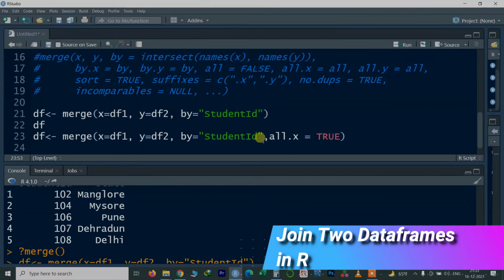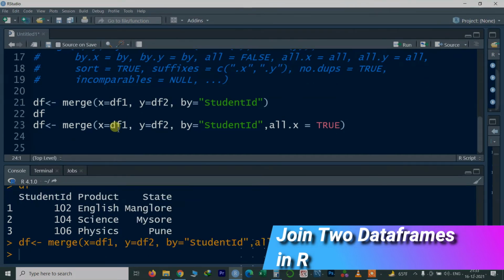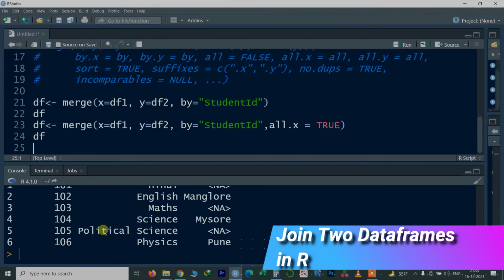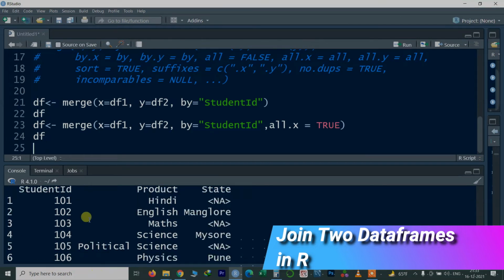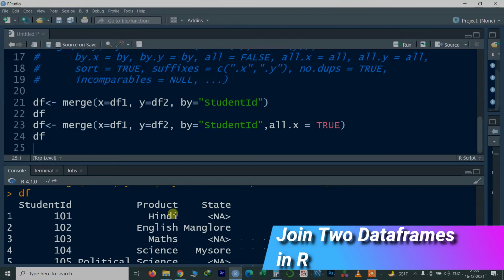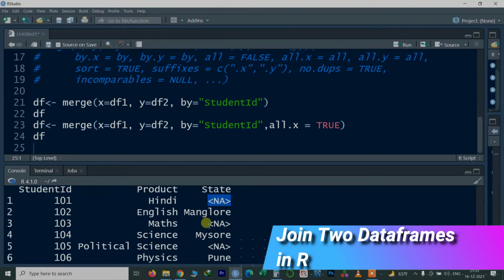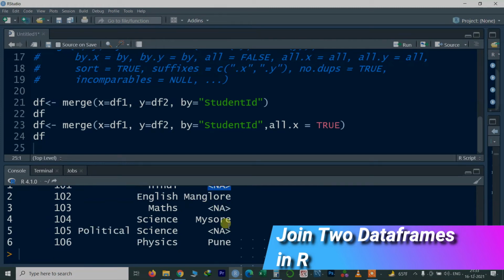It means all elements of the first data frame will be printed. Let me check. Hooray, it is printed. You can see 101 to 106, but against data frame 2, wherever values are not matching, it shows NA, meaning no value available.